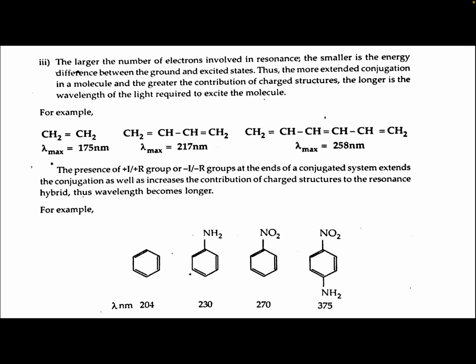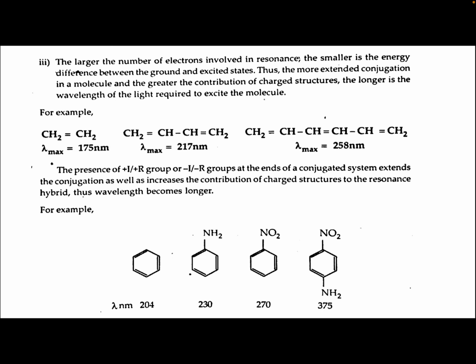The larger the number of electrons involved in resonance, the smaller is the energy difference between the ground and excited state. Thus, the more extended the conjugation in a molecule and the greater the contribution of a charged structure, the longer is the wavelength of the light required to excite the molecule. For example, CH2=CH2 has lambda max 175 nanometer, CH2=CH-CH=CH2 has lambda max 217 nanometer, CH2=CH-CH=CH-CH=CH2